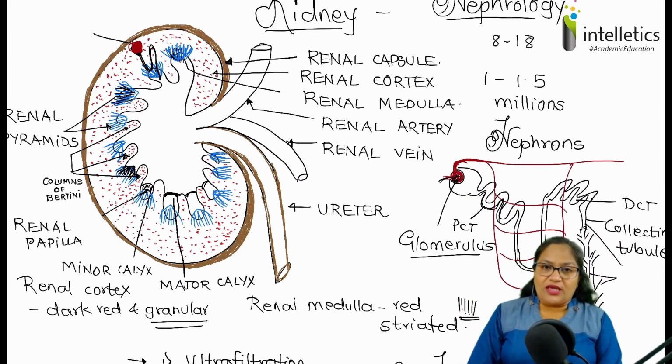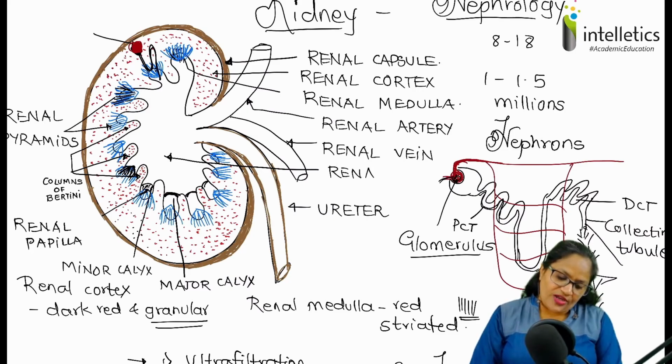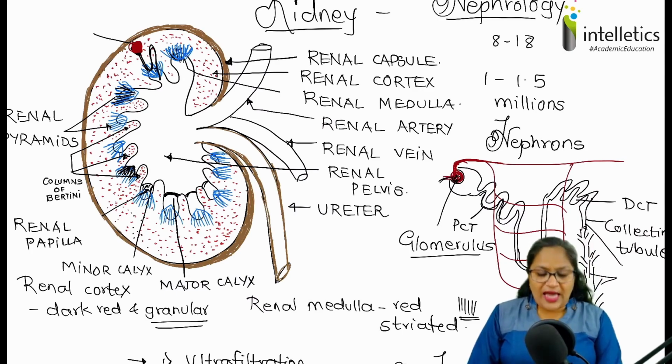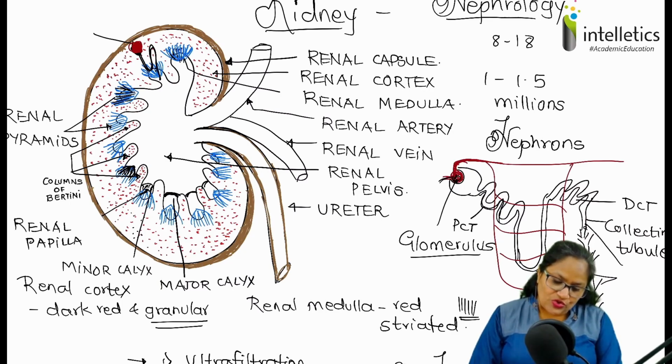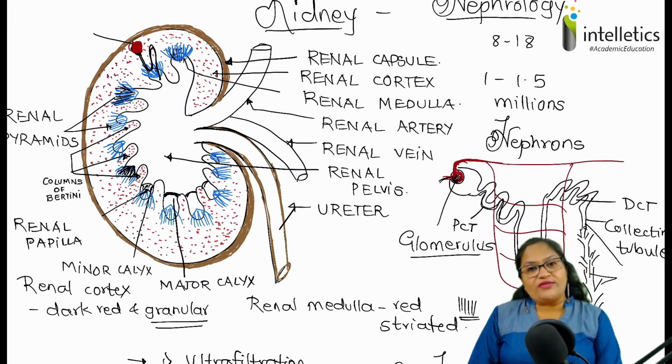And many major calyces ultimately open into a large space called the renal pelvis, a funnel-shaped area. This renal pelvis ultimately continues into a tube, the ureter, which helps in expulsion of urine from the kidney. So friends, to revise it for the last time,